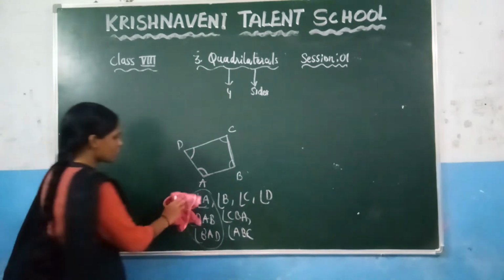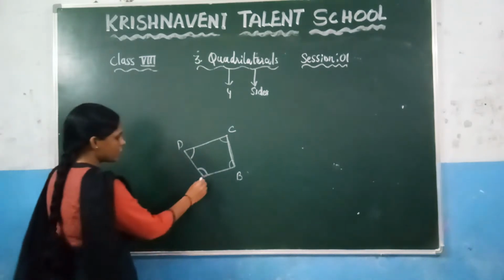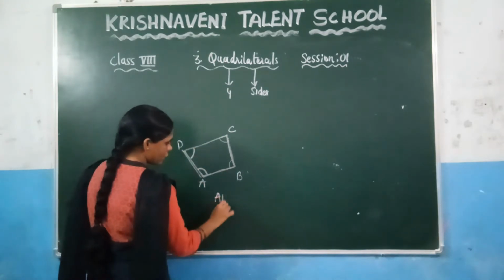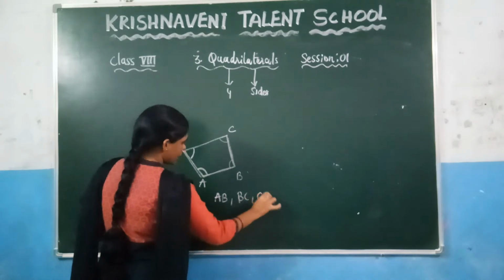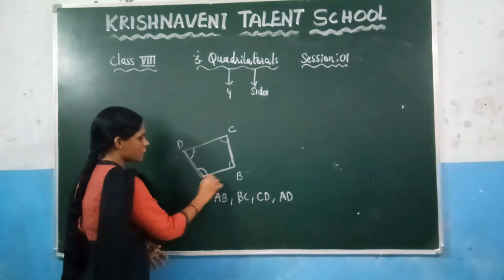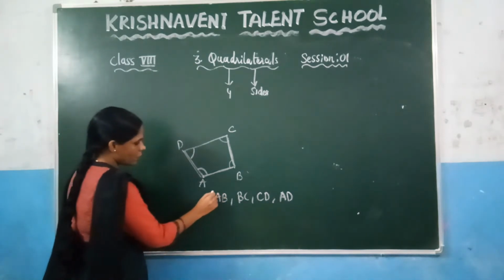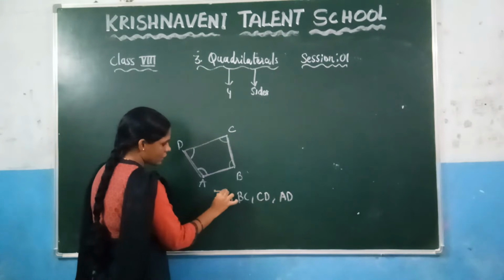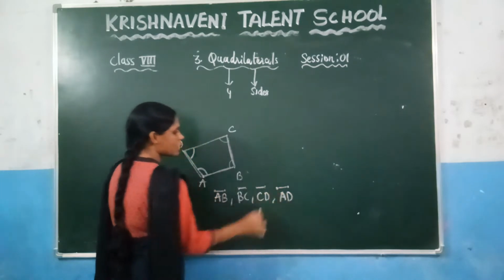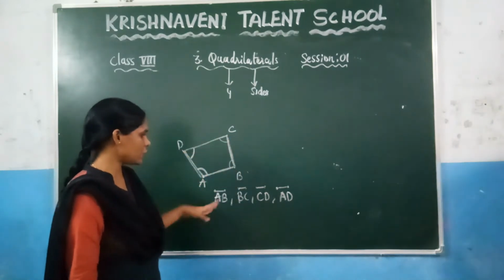Now see the sides. So in a quadrilateral, how many sides are there? You can see it here: AB, BC, CD, and AD. So how many sides are there? Which is AB, BC, CD, and AD. Here you can observe that these are line segments because each has two endpoints. If two endpoints are joined by a line, you know that a line segment will be formed. So you can represent those line segments like this. It indicates that we are talking about line segments. So how many line segments will be there in a quadrilateral? There are 4 line segments. What are those? It is AB, BC, CD and AD.